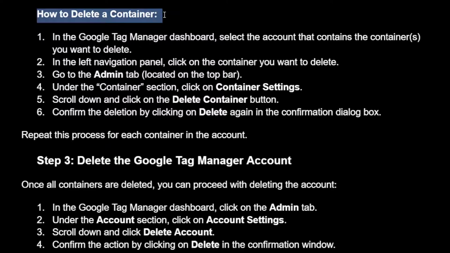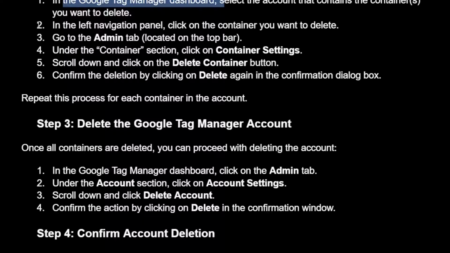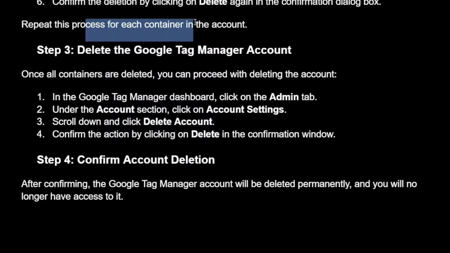Here's how we can delete a container. In the Google Tag Manager dashboard, you will select the account that contains the containers you want to delete. In the left navigation panel, you will click on the container you want to delete. Go to the admin tab, which should be located on the top bar. Under the container section, click on container settings, scroll down and click on delete container. And afterwards, you'll just confirm the deletion by clicking on delete again. You will repeat this process for each container in the account, and once all of the containers have been removed,